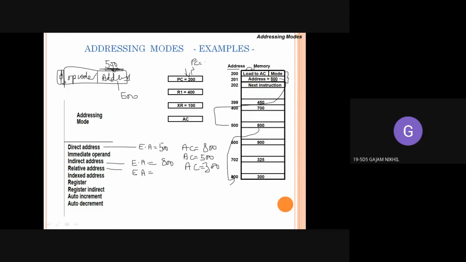201. The next instruction is in 202. Yes, very good. So it's not 201. 200 and 201 together are a single instruction, so the next instruction is present in 202. So the program counter is 202. Now the program counter contains 202 plus the address in the instruction, 500.